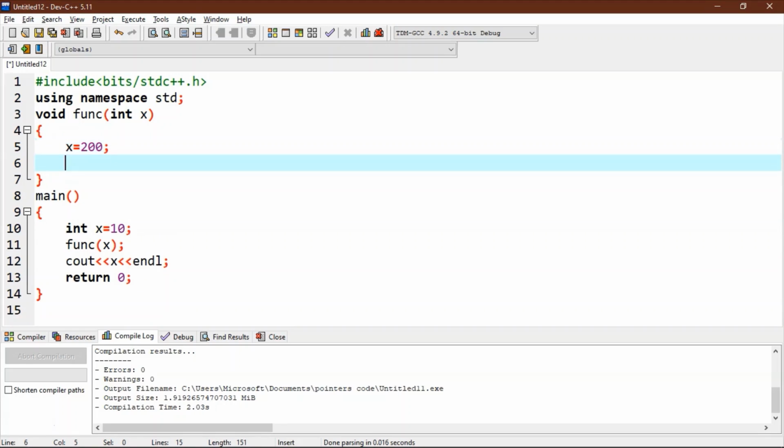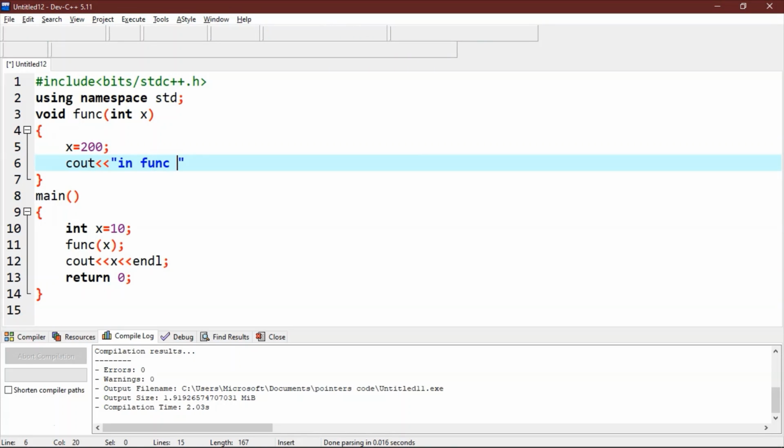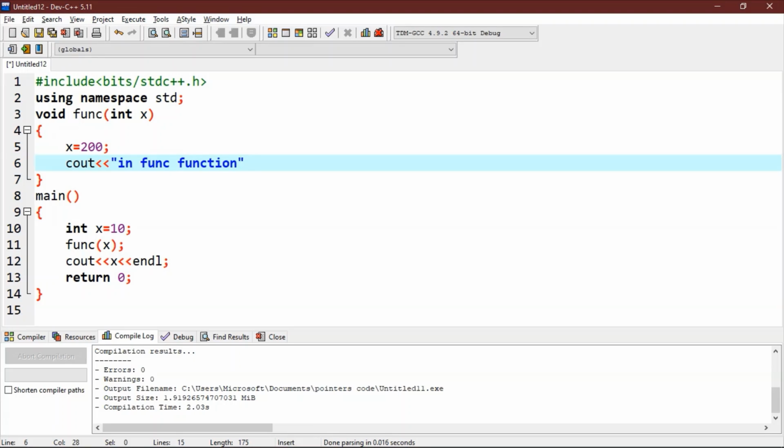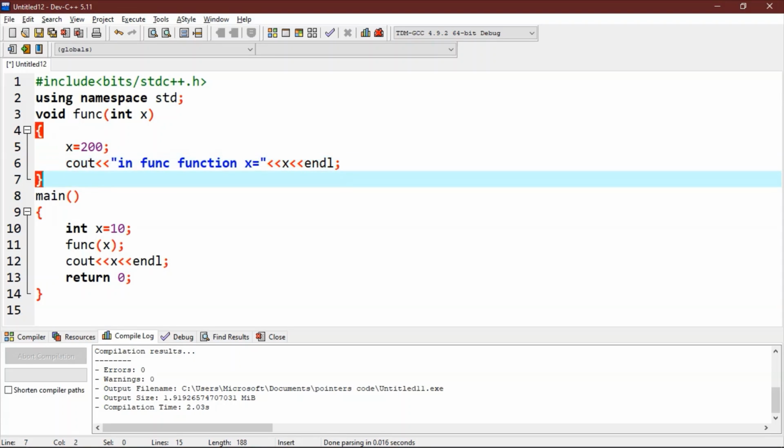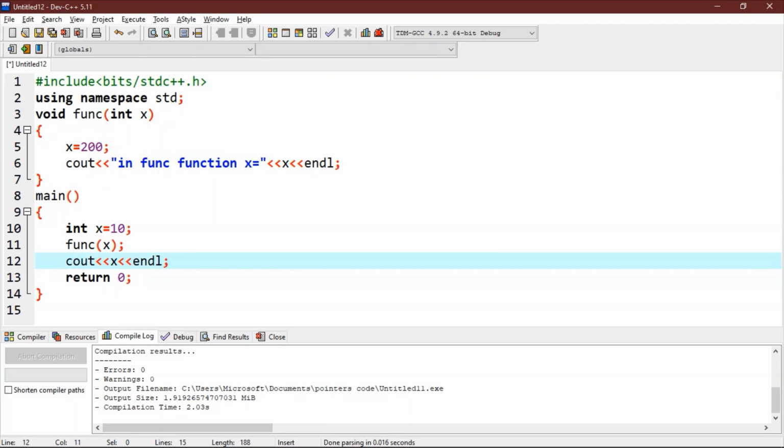And then we will write a print statement to print this value. Let's try and execute this program.